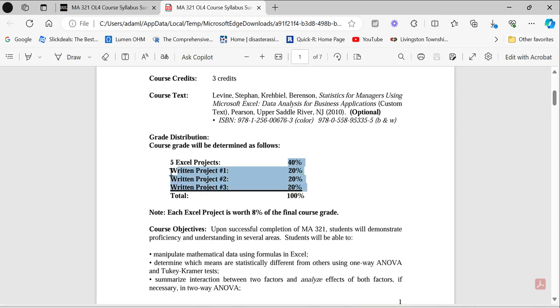You can get help on Excel projects, but you have to work on the written projects by yourself. You cannot seek outside help, meaning you cannot ask for help from tutors or anybody else, right? Okay, so